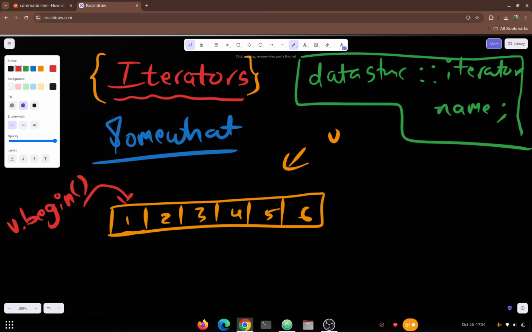V dot begin means v is the name of this particular vector. V dot begin always points to the first element. Please remember this. And v dot end